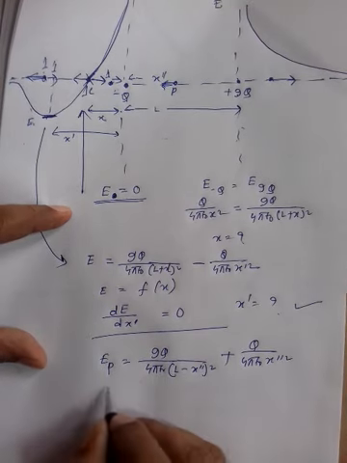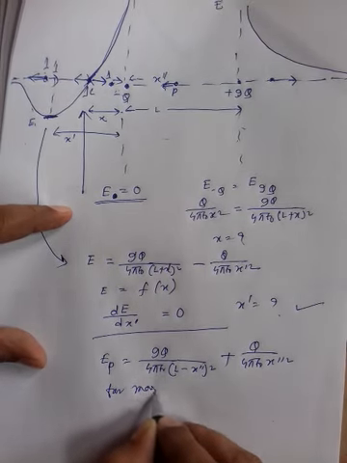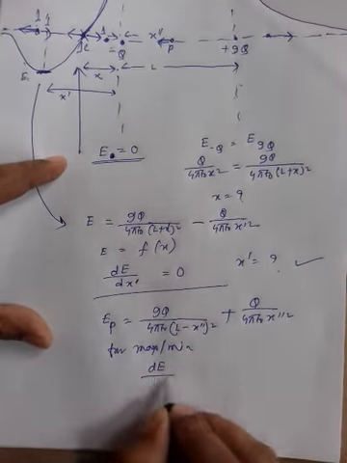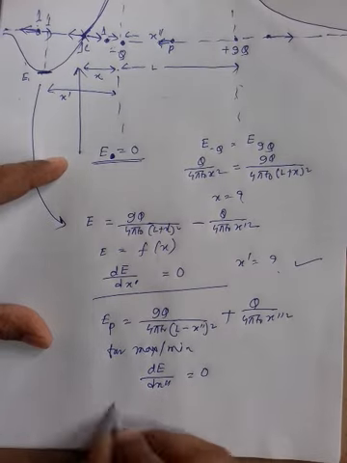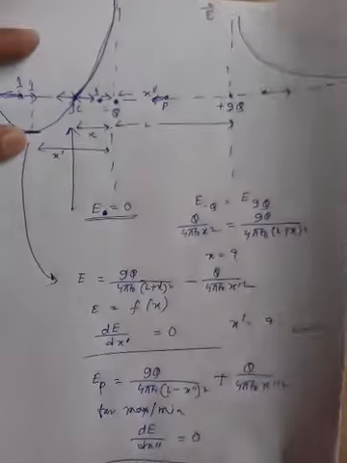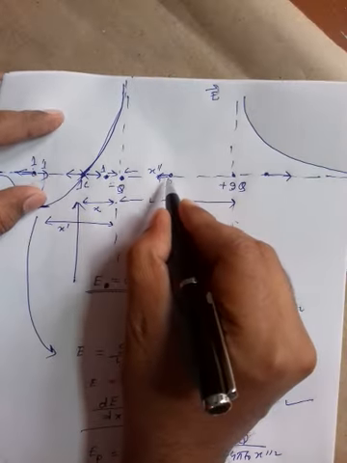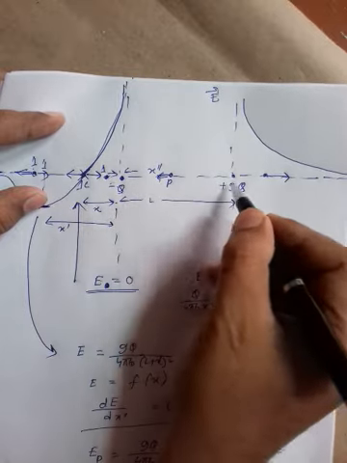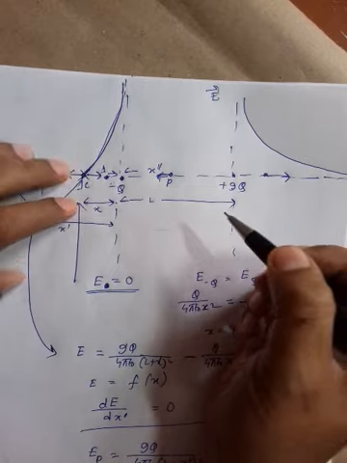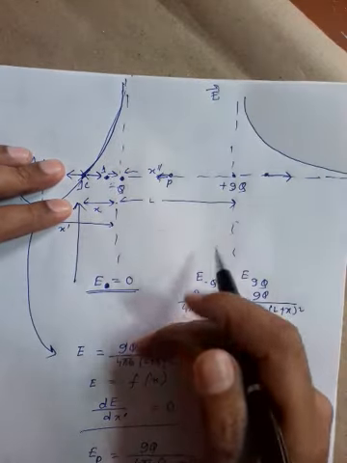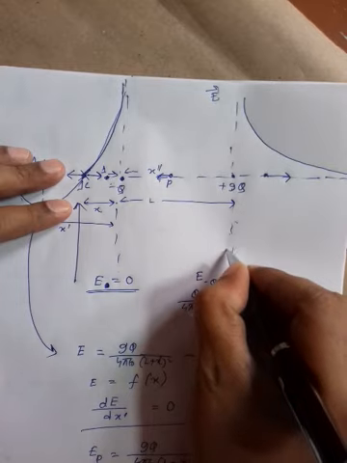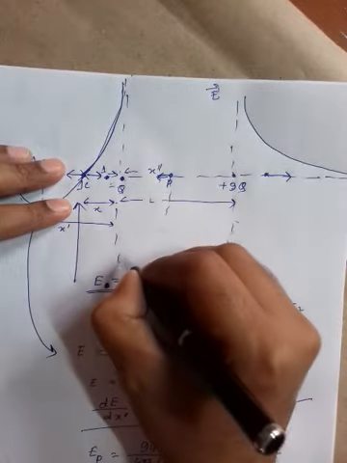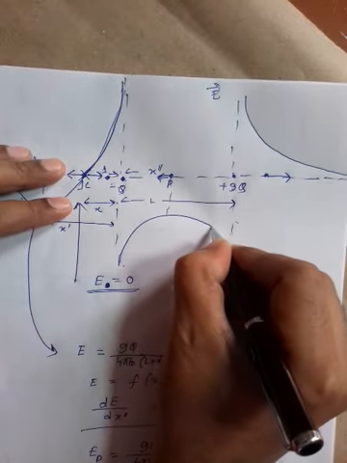Then the total field is this. For maximum or for minimum, it is actually the same concept. If you want to get maximum or minimum, it is the same thing: differentiation of the quantity with respect to the variable should be made equal to 0. By that you will get the zero slope situation. Clear? What is the idea? Here the field is on this side, so towards left. Because of minus q on this side, and because of 9q also on this side, so towards left. So towards left I am going to draw below the origin. Very close to 9q you will get infinite field. Clear? And here also, very close to minus q you will get infinite field. And at this point the graph goes like this.